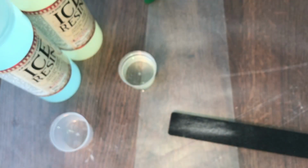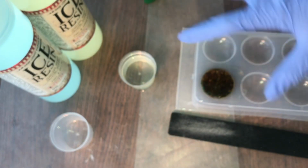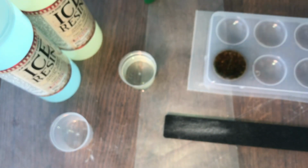I can't really show you from underneath, but you want to look under the mold to make sure there are no giant bubbles. You want to make sure that when you placed the pendant inside the mold, no strange big bubbles got captured in there. Otherwise you just destroyed the whole thing and you'll have to sand everything off and start all over again, and that is a pain in the butt. So now that I just did that,